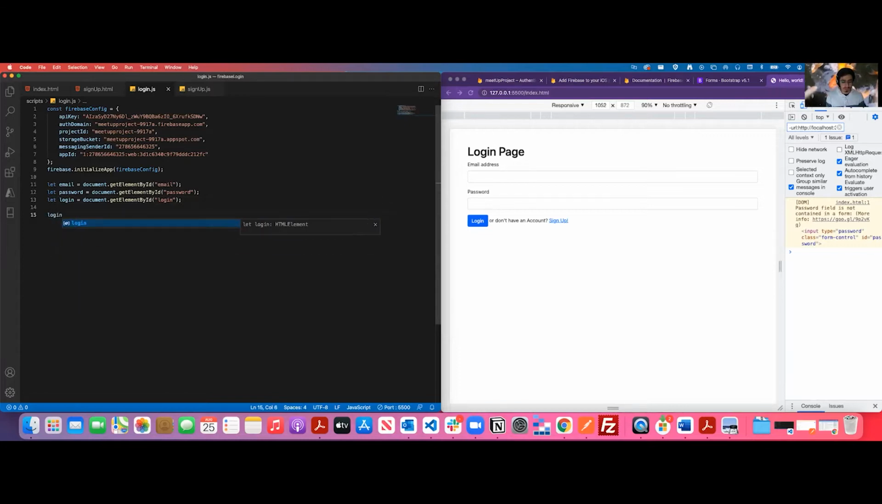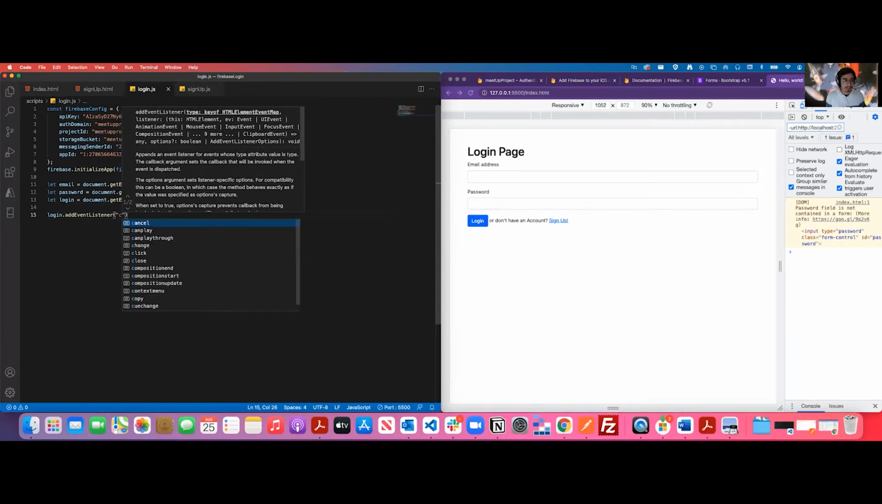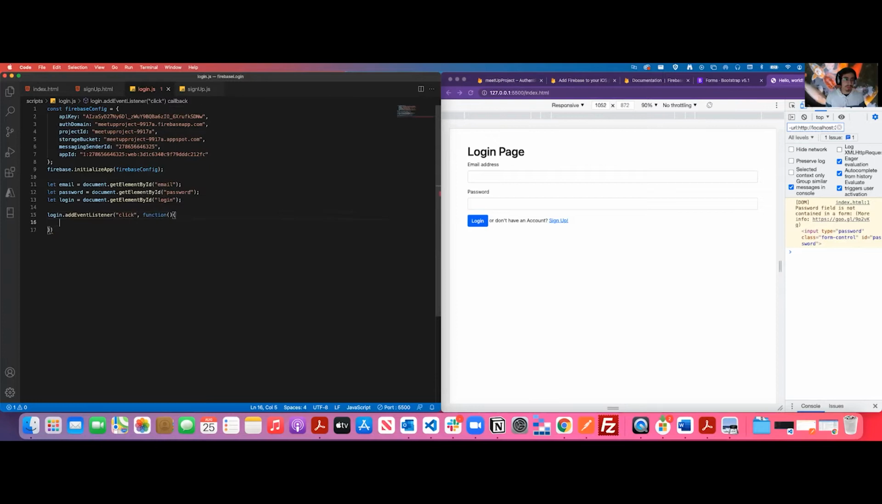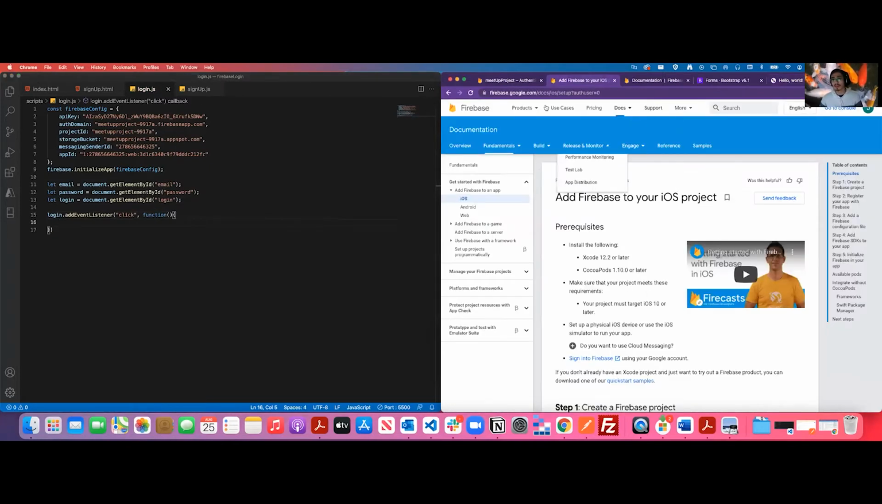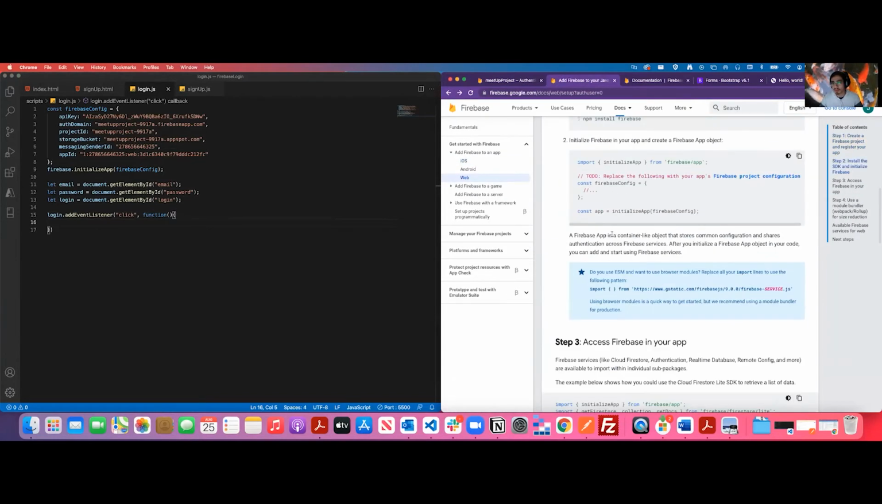Code out our event listener. Click. Bam. Tossing in our function. And here's where we can code out the logic for our Firebase authentication, going back to the page that we were previously at. Going to the docs, I believe it was in